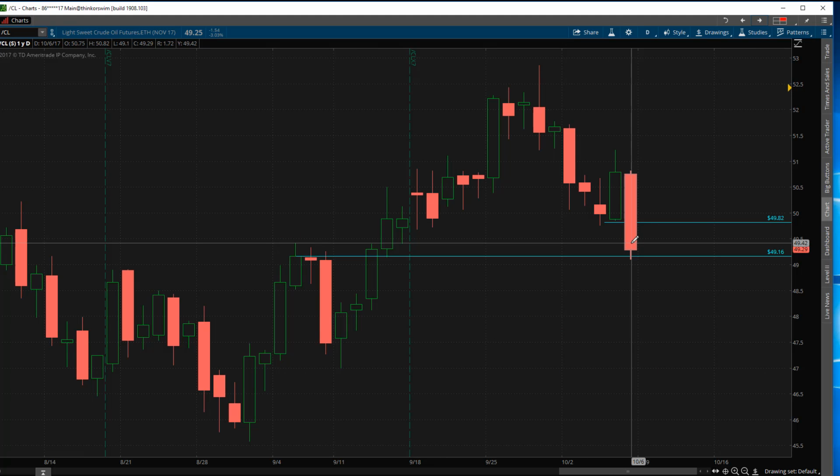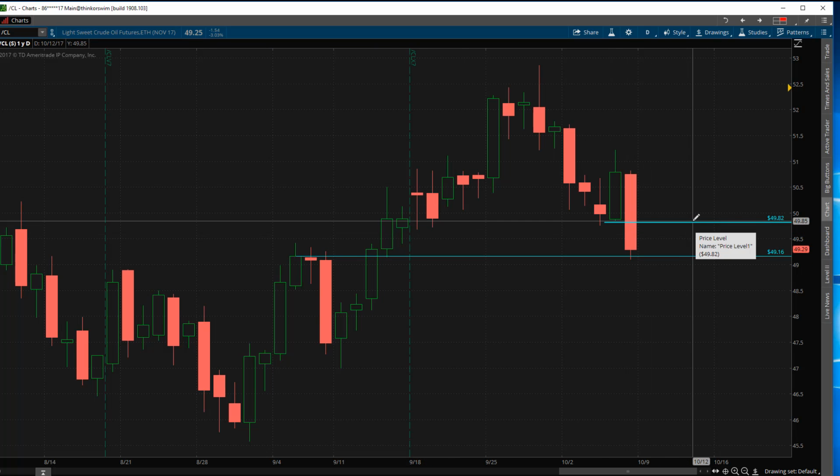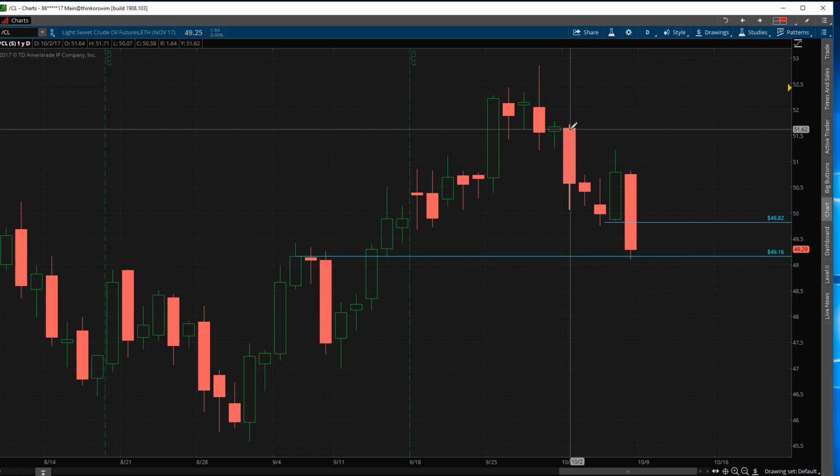Moving on to oil. Oil has pulled back in a really deep sell-off, really deep pullback once again. And what we've run into is the levels we had broken out of in September. So these previous highs from September 6th, the 7th, and the 8th broke out on the 13th and 14th. We traded back into those levels. Previous resistance becomes support. The previous support level that broke are these lows from the 4th of October, and that is 49.82. What I'll be looking for is for oil to get back above that 49.82 and then possibly run back into the original resistance levels at 51.62.